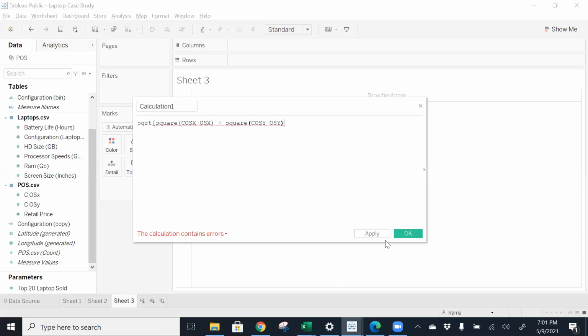Call this field distance. Bracket is missing in the last. And make it square root multiplied. Just put, no, this is correct.